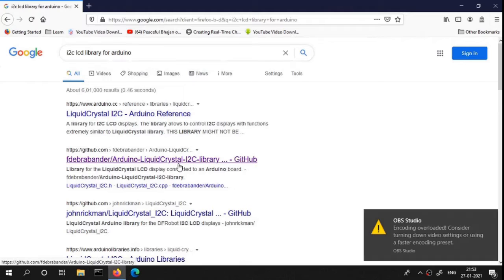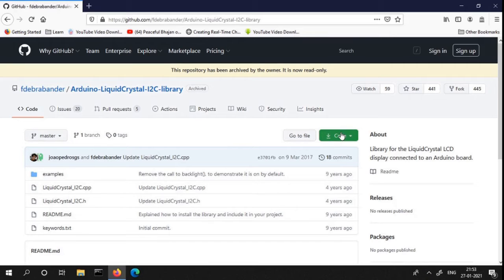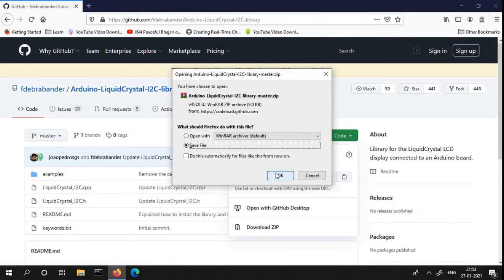Now we can see the GitHub website. Here we can download a zip file for the library.